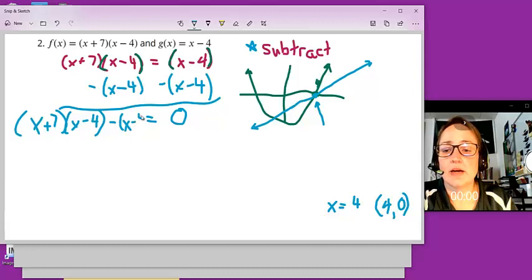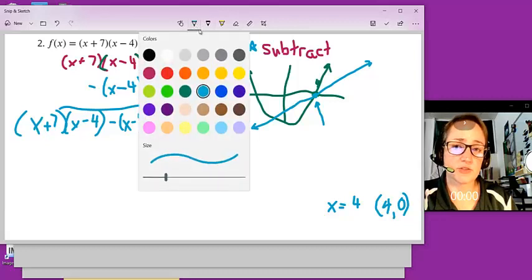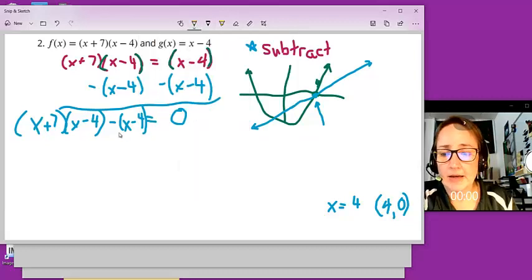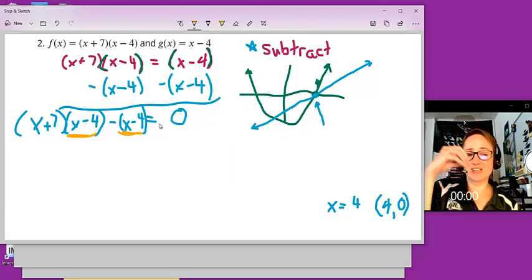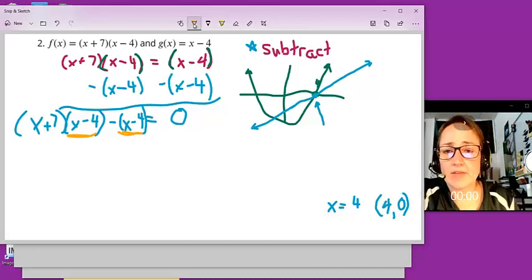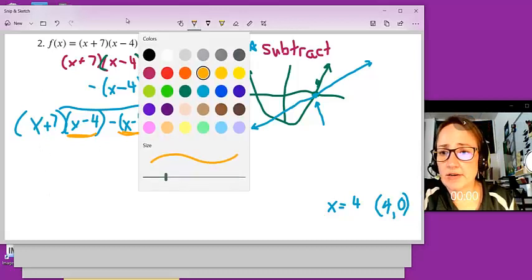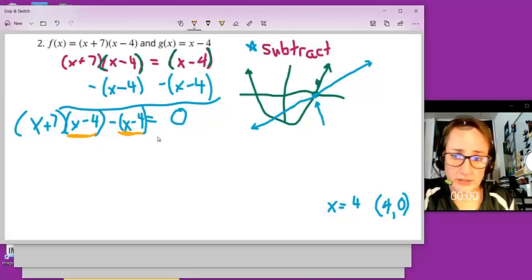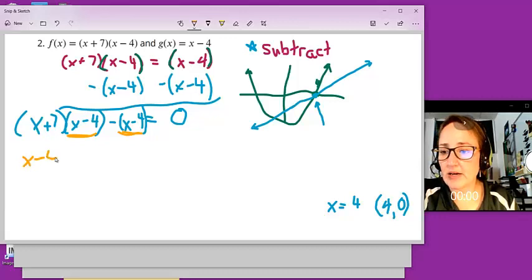Now thinking again about common factors and factoring something out, it's like we have reverse distributive property. I see x minus 4 in each of these two terms. So I'm going to factor out an x minus 4. If it's showing up as a factor in each of these two separate terms separated by division or by subtraction, I can factor out that x minus 4,